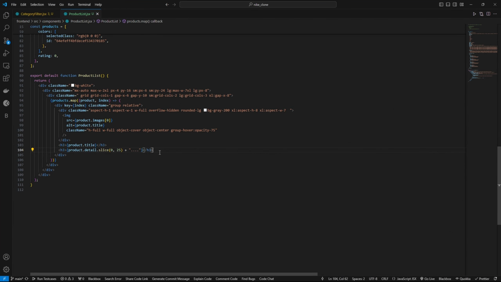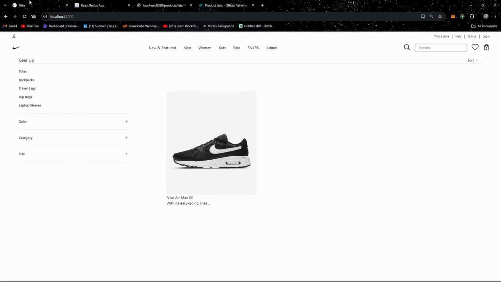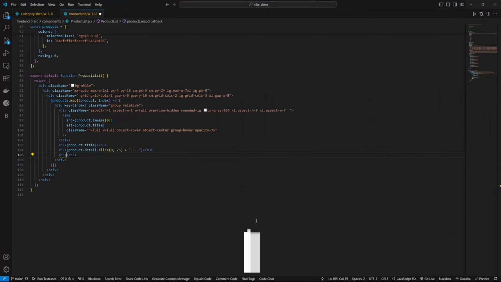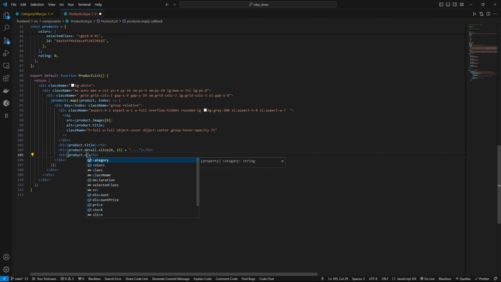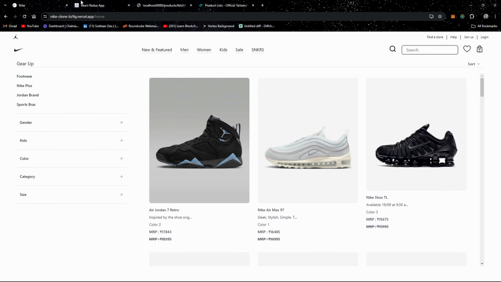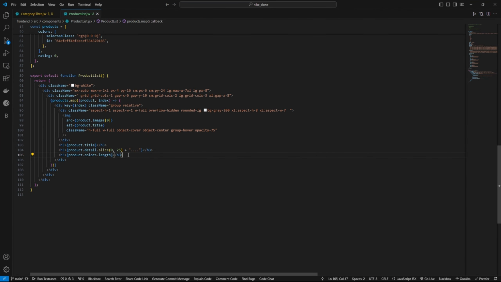And then we are going to give something like the product details, after that the product color. So I think it is the color, right? Yeah, so color 2, color 1. So it is the amount of color we have. So I am going to show the product dot color dot length. So we are going to show how many colors are there. So there are 4 colors for this one. So just write color. Yeah, like this. So color 4,